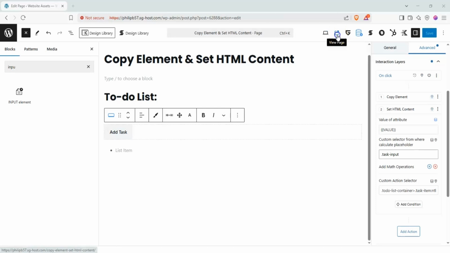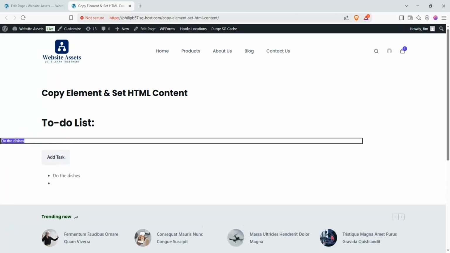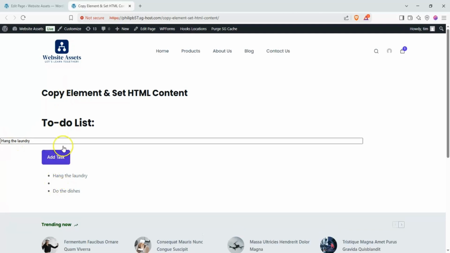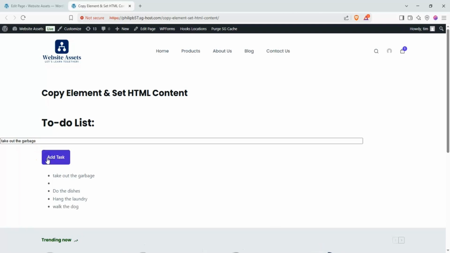With that saved, let's click on view page to see our work. You can see our input here is a bit wonky, but we can fix that with paddings and margins. So let's try out the functionality. Do the dishes, hang the laundry. Oh, I accidentally double clicked there. And how about walk the dog? And how about take out the garbage? Okay, and it's a very effective way to use copy element and set HTML content to make a to-do list